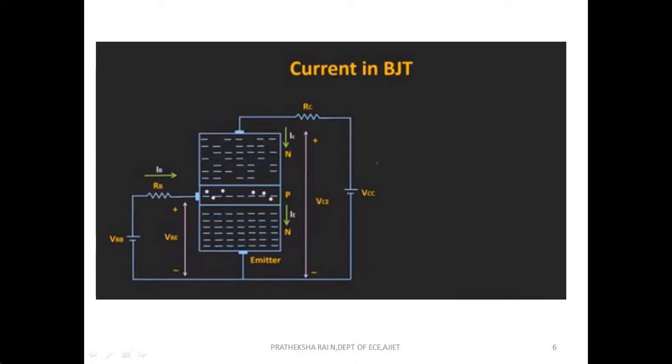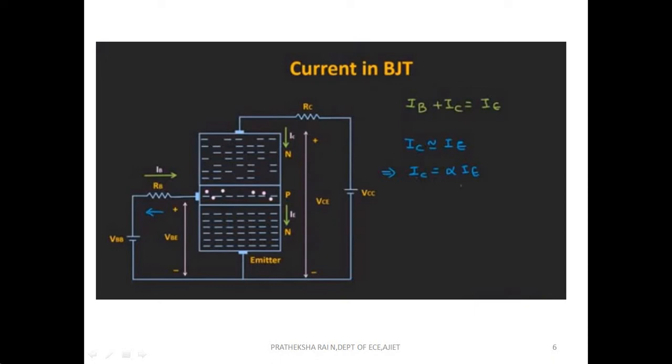If we apply KCL, then we can say that IB plus IC is equal to the emitter current. That means the emitter current is the summation of the base current and the collector current. And as I said, only a fraction of electrons are able to go in this direction. That means the base current will be very small. Or we can say that this collector current IC is approximately equal to IE. And exactly it can be defined as collector current IC is equal to alpha times IE. And this alpha defines what fraction of the emitter current is flowing through the collector terminal.